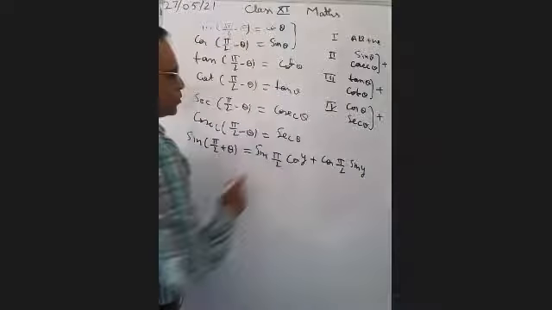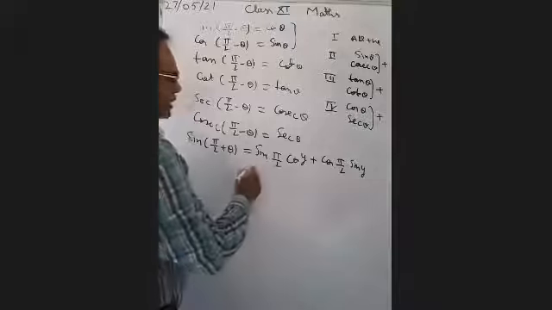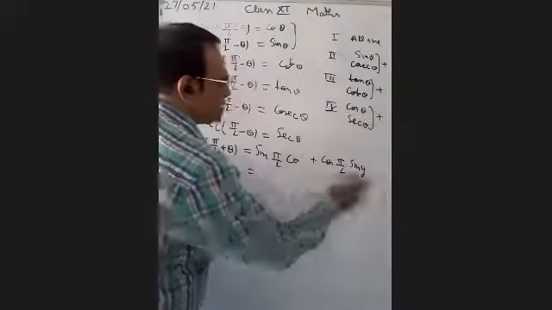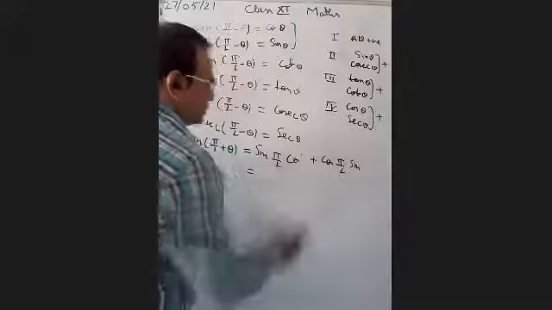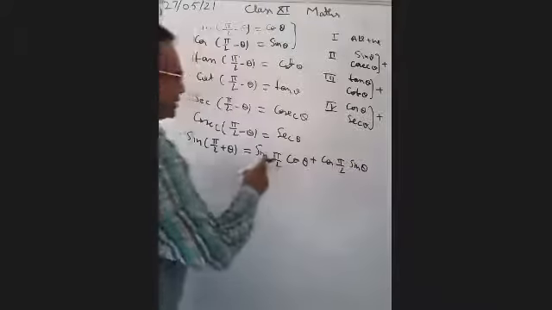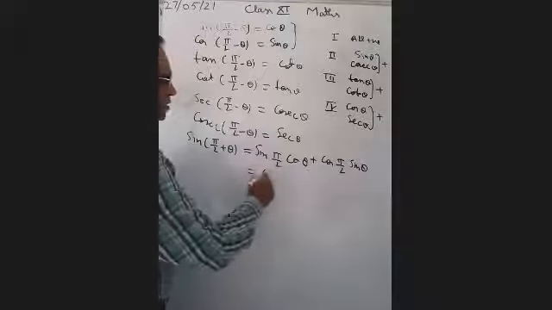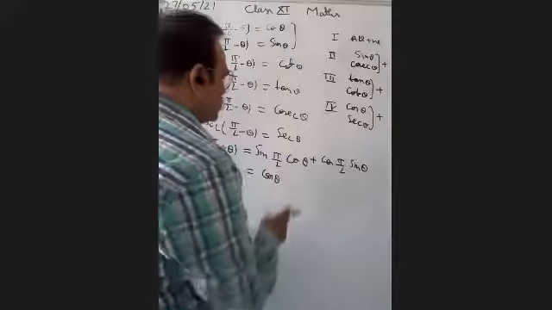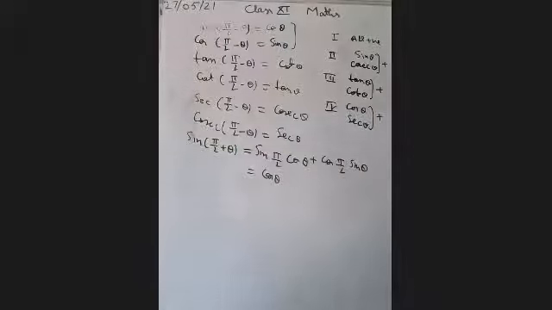Sin 90 equal to 1, then it is equal to, देखिए y की जगह यहाँ पर theta ले लीजिए, because we are taking here theta. Sin 90 equal to 1, then it is equal to cos theta. Cos 90 is 0, so if we multiply by 0, we will get cos theta. So we get the formula sin 90 plus theta is equal to cos theta. ठीक है?